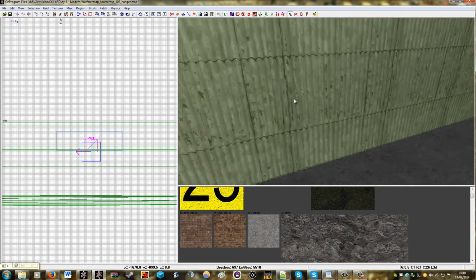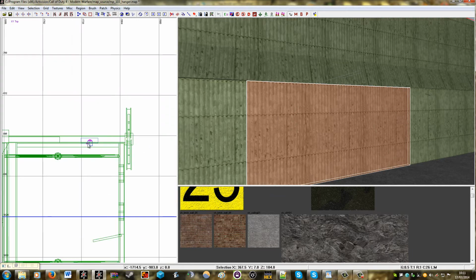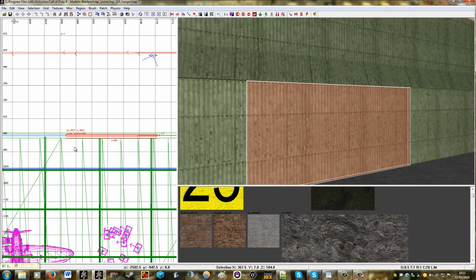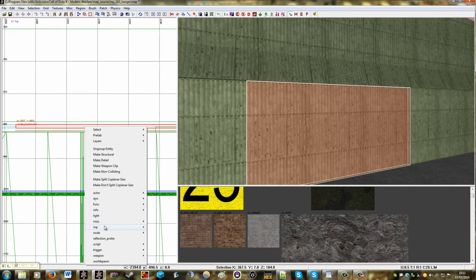Next thing you want to do is create the object that you want to move out of a brush. In this case I've caulked it and then just textured it. And again, once you've satisfied that you've got your brush how you want it to look and all the rest of it, you then need to right click, go to script and then brush model,